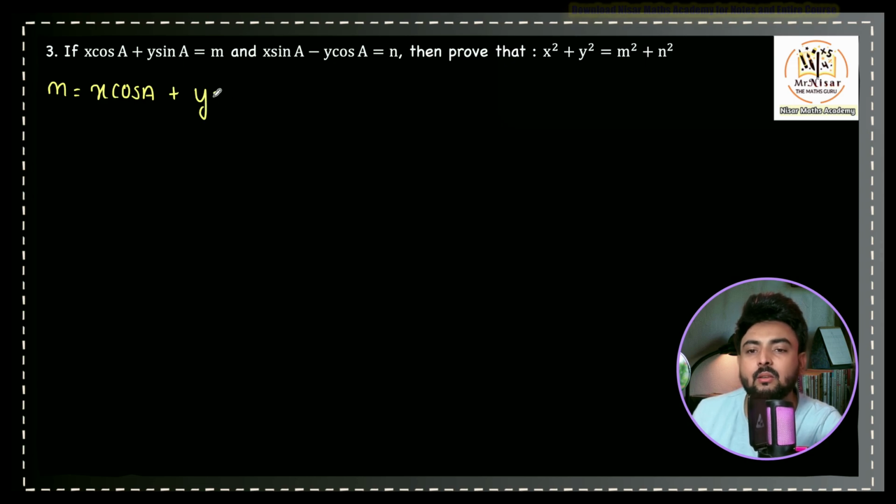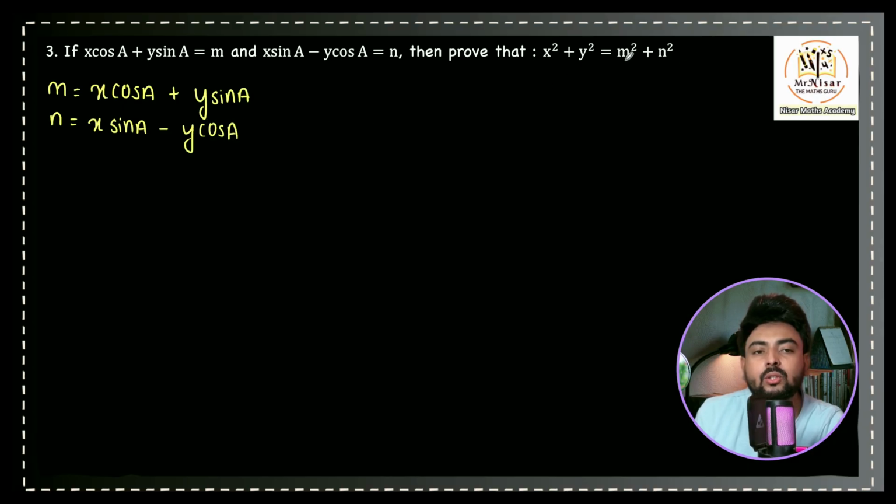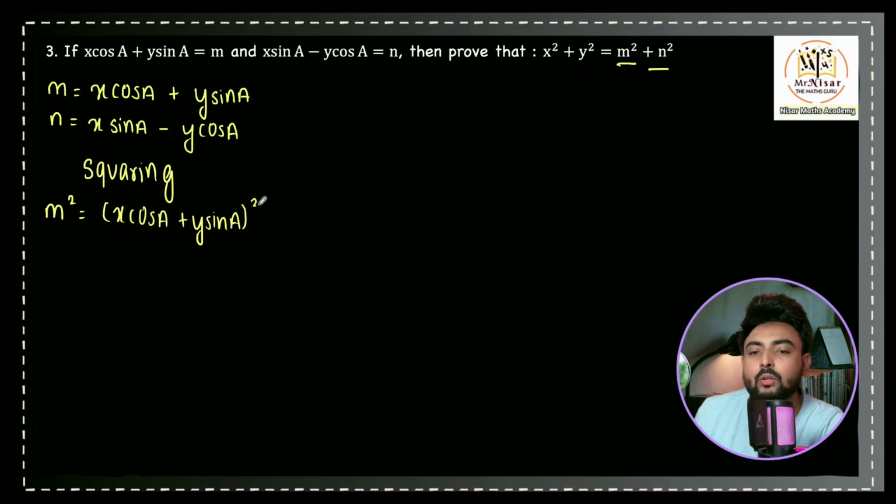See, the value of m is given to you, that is x cos A plus y sin A, and the value of n is given to you, that is x sin A minus y cos A. Okay, now children, in the question it is said that you do the square of m and n and add them. So first what we'll do is squaring. So if I do the square of m, m square will be x cos A plus y sin A, the square of this one, it will become,